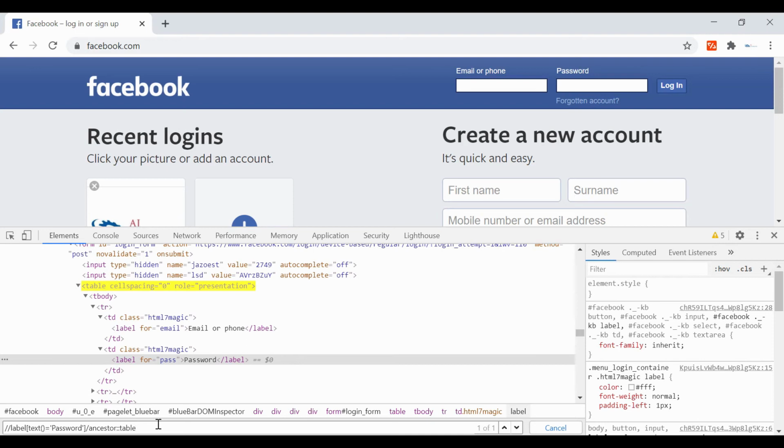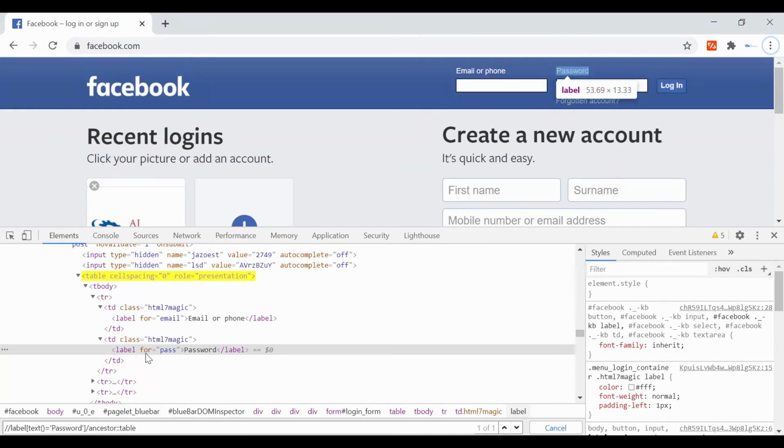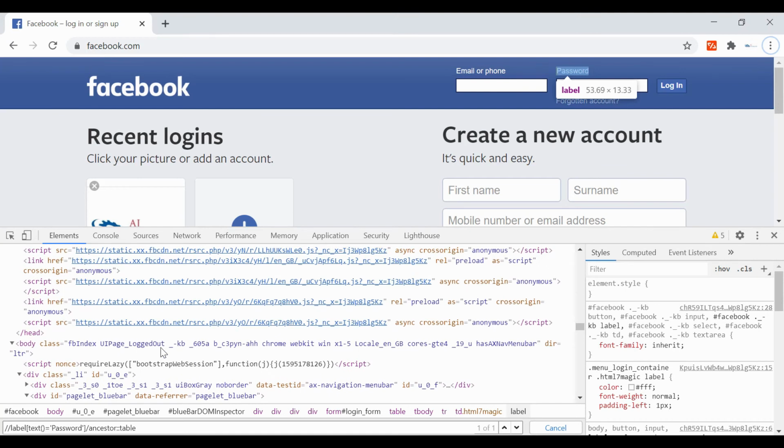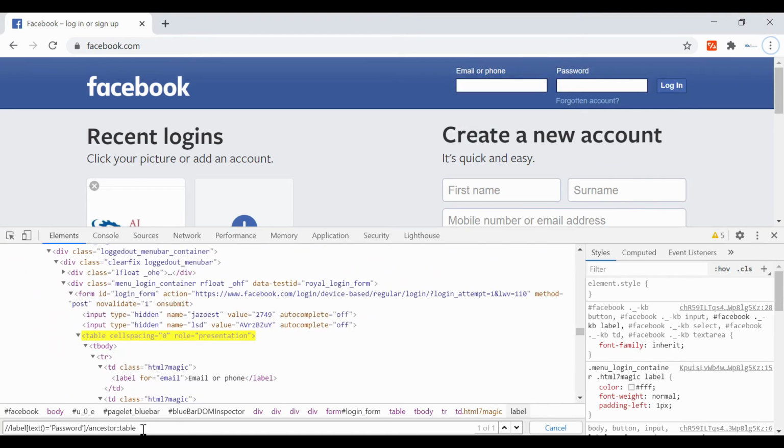You can go to the first node also. How can you go to the first node? Our first node in the document is HTML, right? So just provide HTML here.